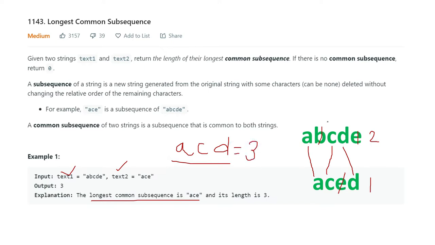Then the length of this string is 5. So if you do 5 minus 3, then you will get 2. And here the length is 4. And if you do 4 minus 3, then it will be 1. So together 2 plus 1, 3 will be the answer, right? Means first we have to find the longest common subsequence length between them, and for each individual string, take its length minus the longest common subsequence length, then if you add them both, you will get the result. So this is the shortest technique to solve this problem.